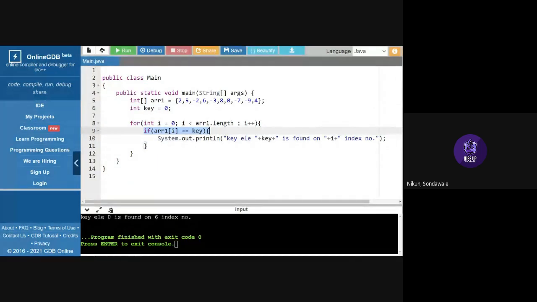With the help of this statement, we are comparing our key with each element one by one.